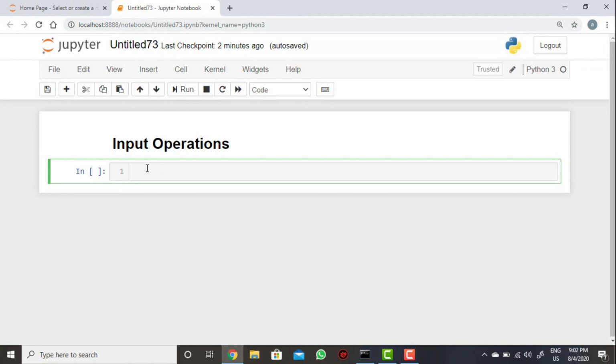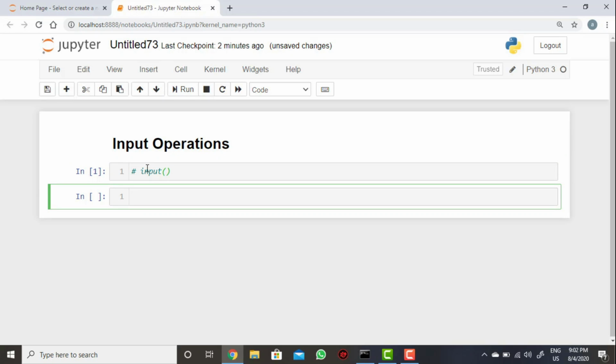Hi everyone. Now let's talk about input operations. So we use the input built-in function to pass values dynamically. In other programming languages we use different methods, but in Python we use the input built-in function to pass values